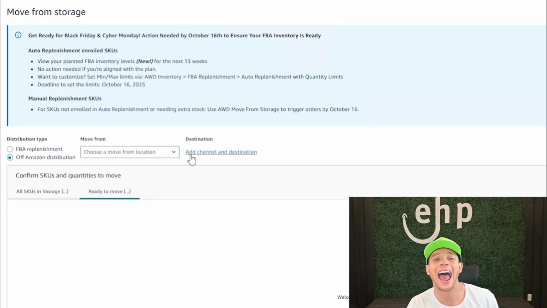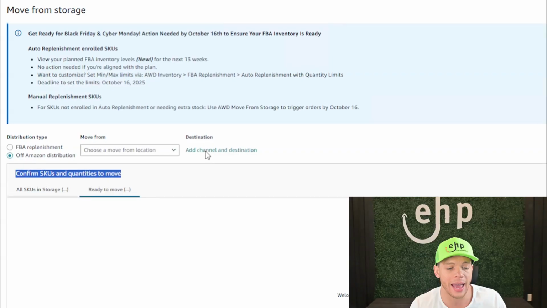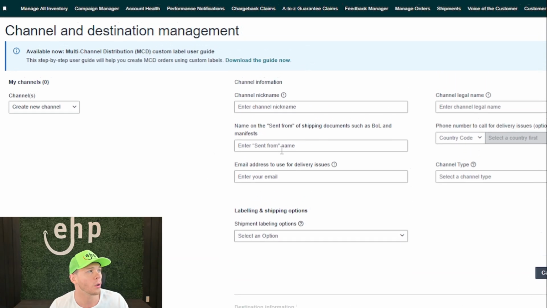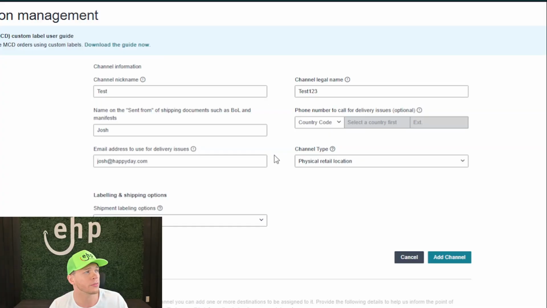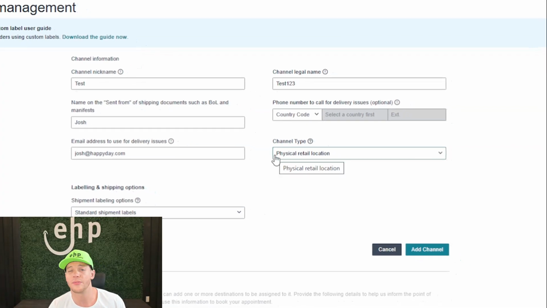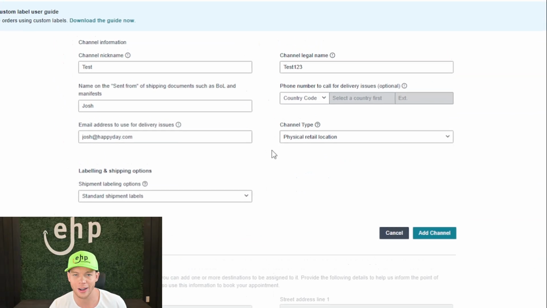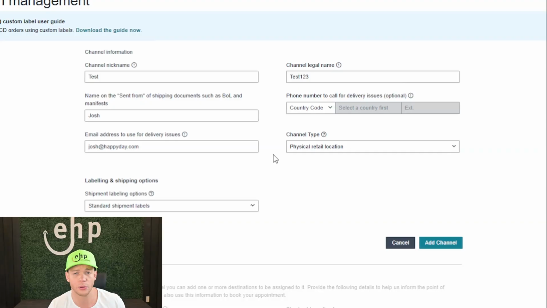Now, you have to add the destination. So add the destination on where you want it to go. Click this button right here, Add Channel and Destination, and then it's going to take you right over here where you're going to put the channel information. And I actually already filled it out. And we're just going to say it's a physical retail location, because if you put other, Amazon's going to start asking questions. And we don't like when Amazon asks questions,